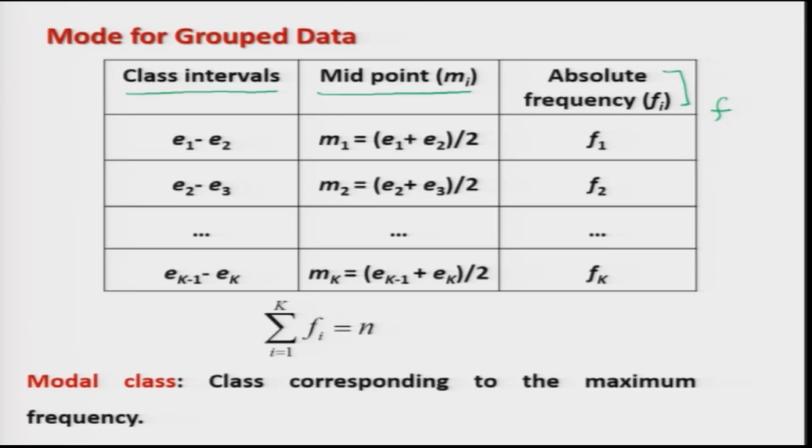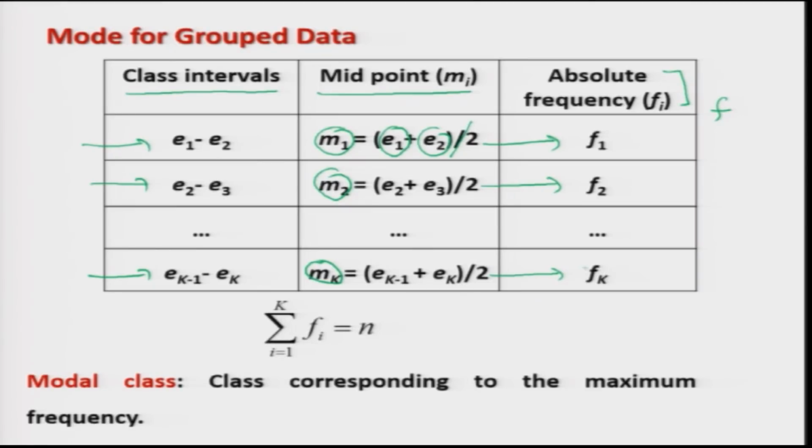Earlier, in some of the lectures, I used the symbol f to denote the relative frequency, but I am trying to keep to the standard symbols so that you do not face any problem when you read from the books. Here I have created different class intervals. Now I find the midpoints of the class intervals, say m1, m2, up to mk, obtained simply as the lower limit plus the upper limit divided by 2. Corresponding to the first class I have frequency f1, to the second class f2, and to the kth class fk.